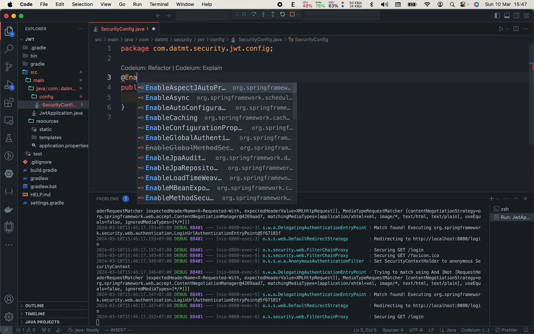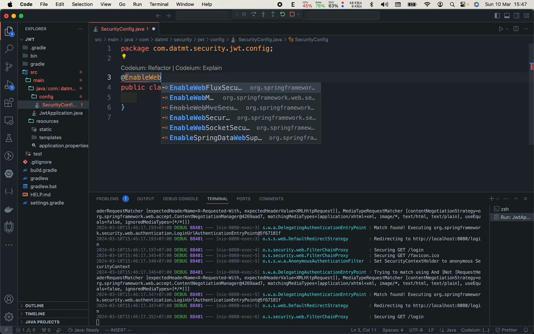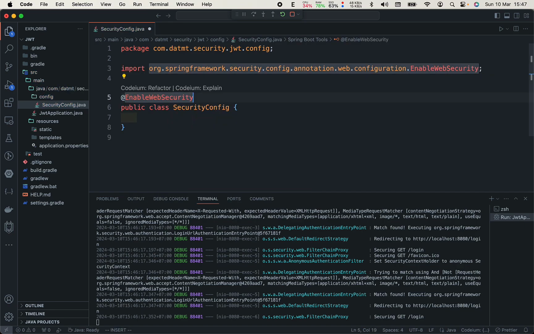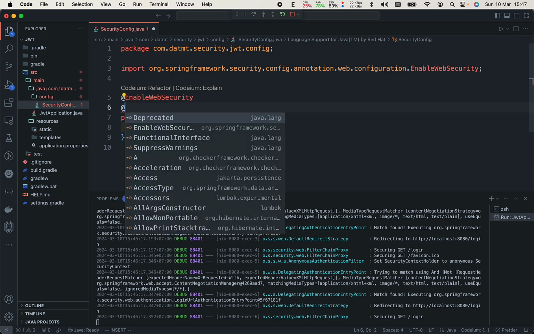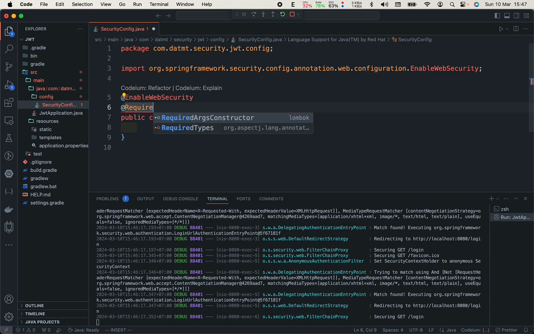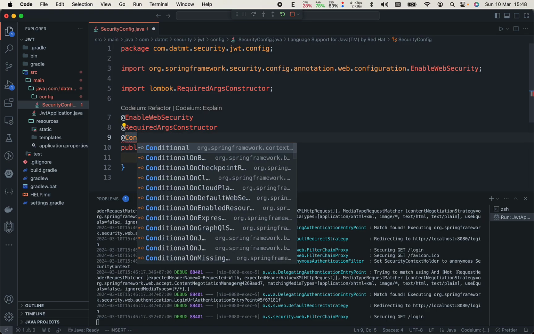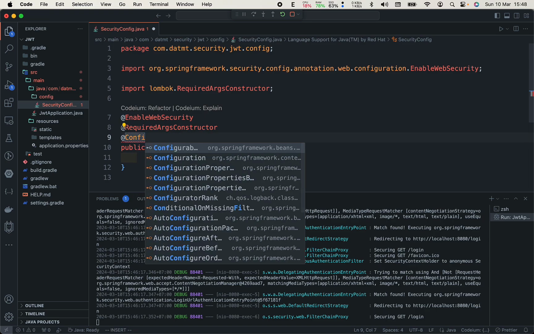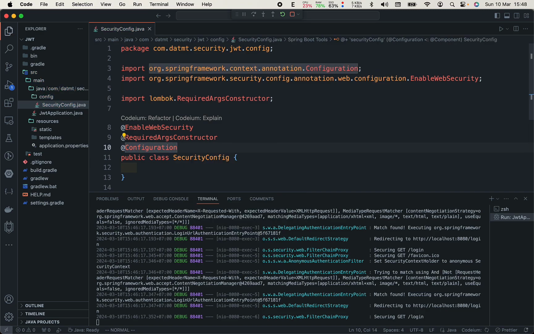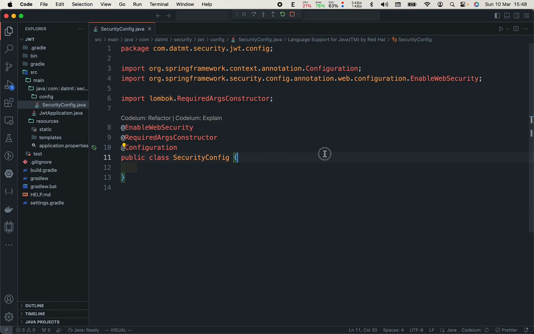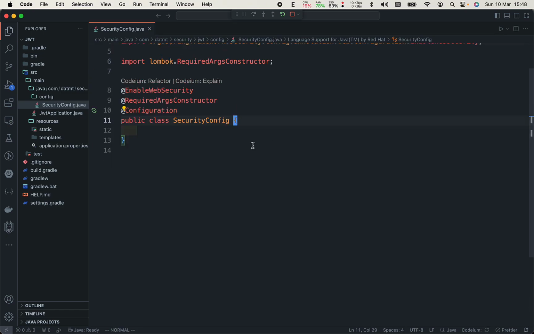But first, enable web security, and use Lombok to inject the constructor dependencies to provide our constructor, and don't forget to make this a bean, or you will see things work differently than you expect. Okay, that's it. Now let's configure